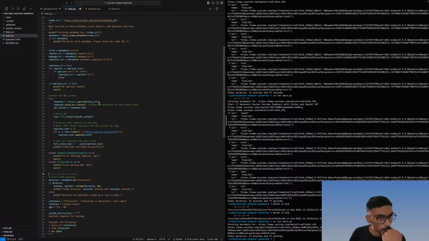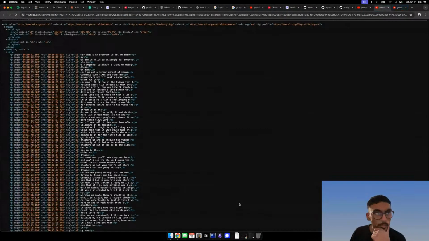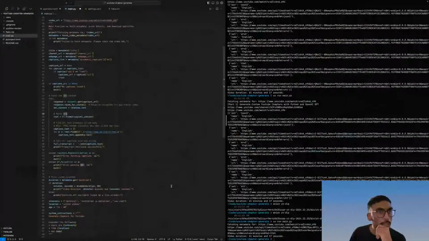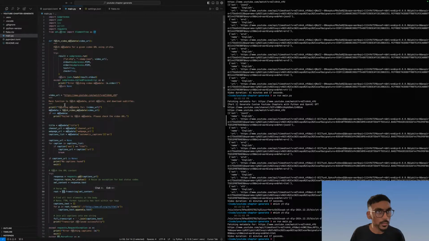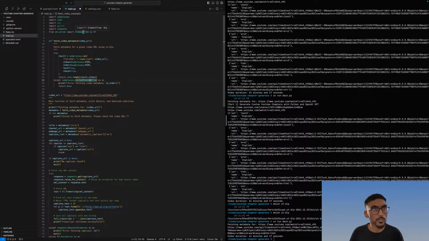What is it doing? It's making a GET request to get the contents of the URL, which gives us basically the XML. And then you're passing in the content to build some type of tree here. ElementTree. Okay, ElementTree.